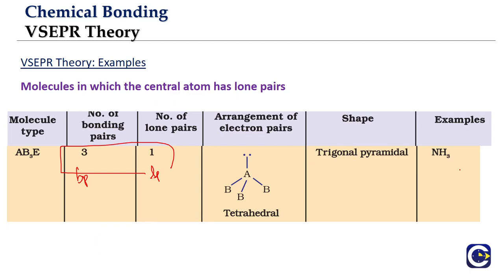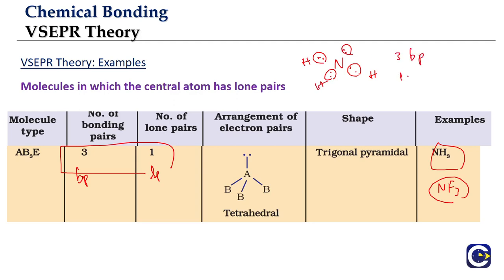The popular example for this is NH3, NF3 and so on. Look at it. Nitrogen is forming 3 bonds with 3 hydrogens. Means what? We will be having 3 bond pairs, and nitrogen will have its own lone pair. So 1 lone pair. Totally what is the count? 4. 4 means what is the arrangement? Tetrahedral arrangement, isn't it? So you have the central atom. 3 corners of the tetrahedron are taken by 3 atoms. Another corner is taken by the lone pair.